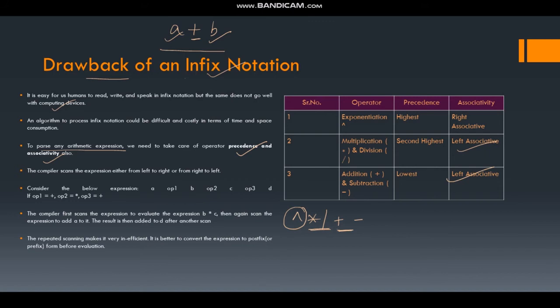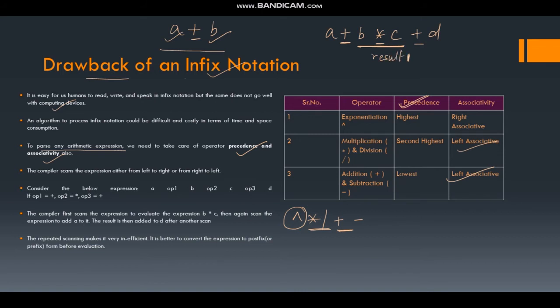Now let's understand the complexity of the infix notation. Consider an example: a plus b multiplied by c plus d. Here we have three operators, that is, operator 1 is the plus, operator 2 being multiplication, and operator 3 being plus. Now if we have to evaluate this expression, we'll be considering the precedence first, that says that b cross c is the first expression to be evaluated. So we'll first calculate the result of b cross c.